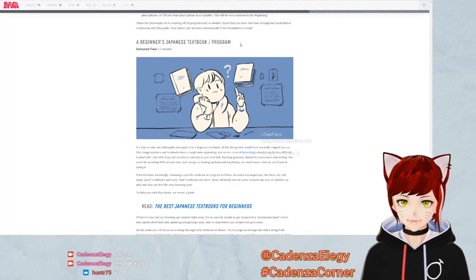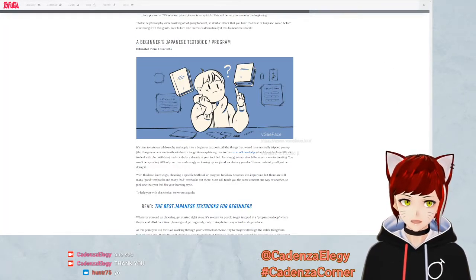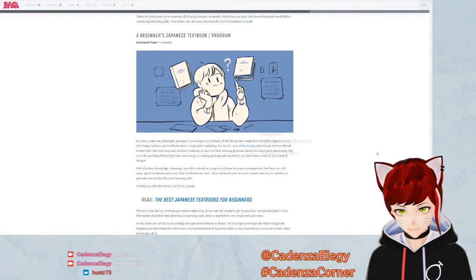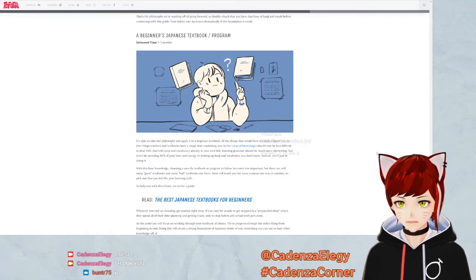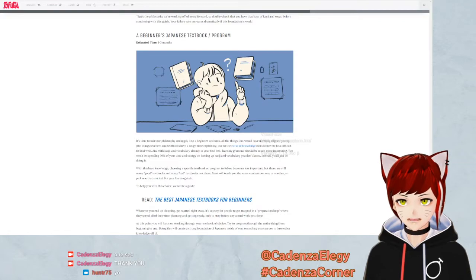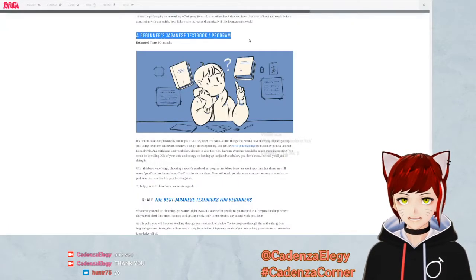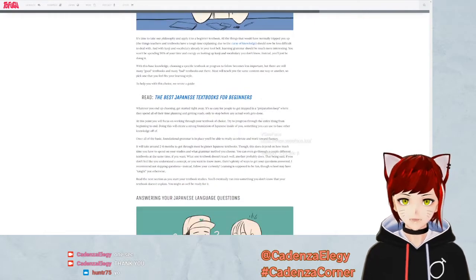And as for a beginner's Japanese textbook / program, I actually have Genki, which is highly recommended for Japanese beginners in the West, or more for English speakers, I guess. So I have Genki. I got it on sale, but I'm waiting for me to catch up to Wanikani first before I tackle the textbook. And then everything beyond this, I haven't